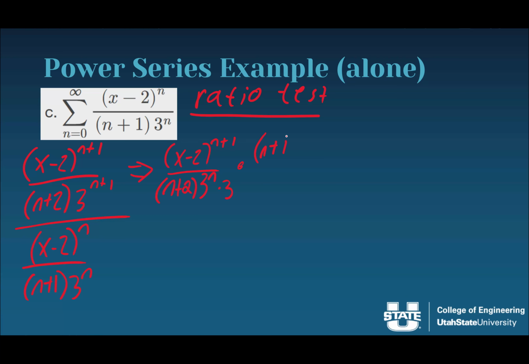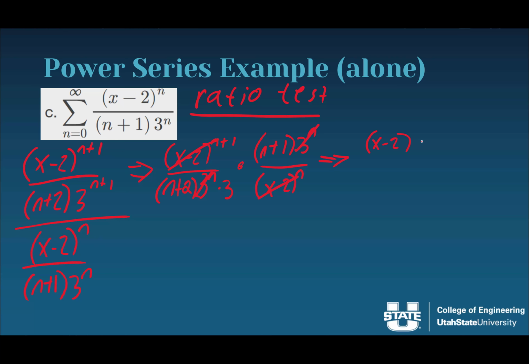Then we're going to have n plus 1, 3 to the n, over x minus 2 to the n. All right, now we can cancel. We still have an x minus 2 on the numerator there. The 3 to the n's will cancel, and the x minus 2 to the n will cancel with the numerator one. So after all the canceling, we should then have